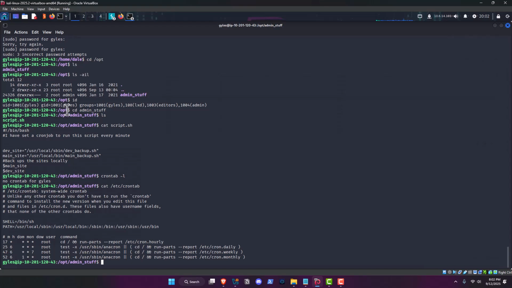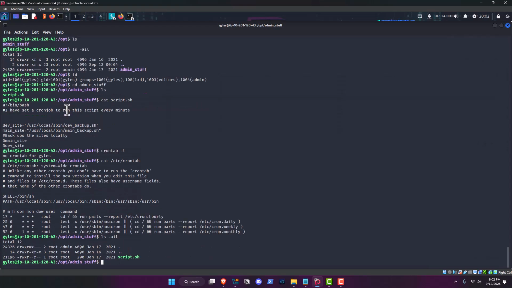So anyway, what we're going to do is look and see what the permissions on this script are. So the group should be able to, we should be able to edit this. Okay, so what we're going to do is move script.shell to script.old,